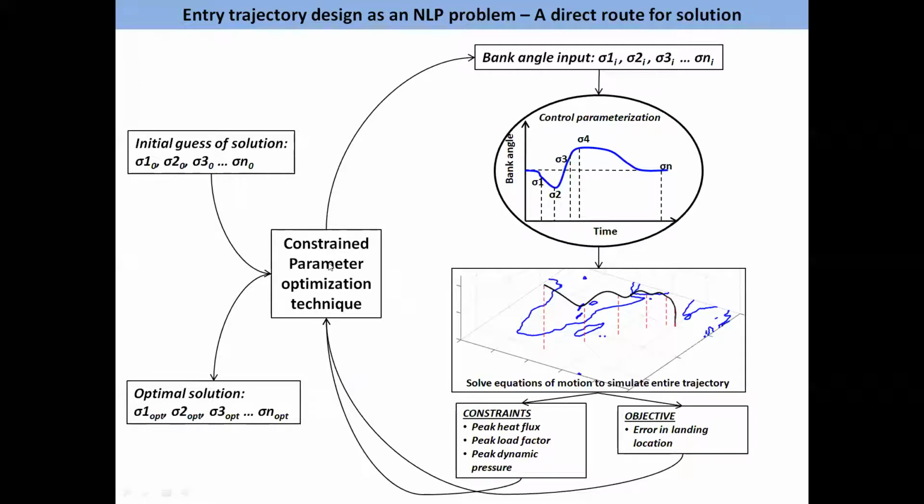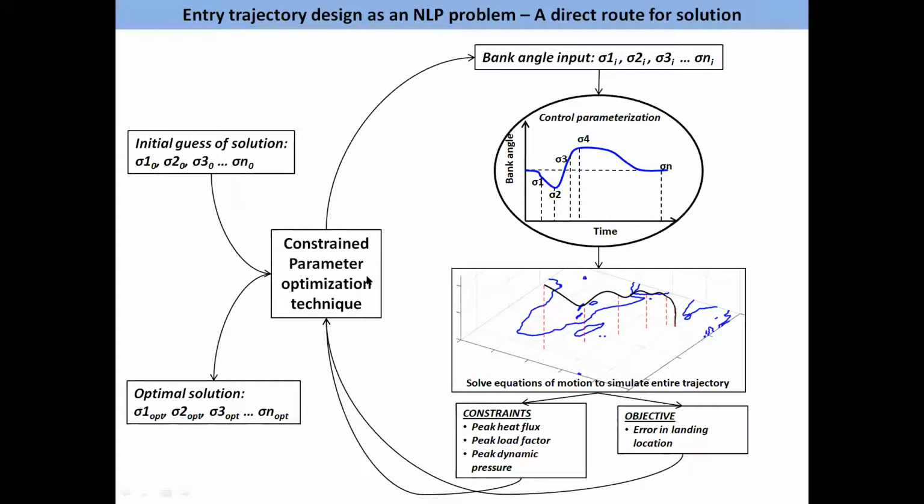So when you give it to an optimizer, what happens is that you give the optimizer an initial guess of the solution. If it is a gradient-based optimizer, if it's a global optimizer, you don't need to give the initial guess. It will automatically choose an initial guess. Now you give this initial guess of the solution to the optimizer. The optimizer feeds in this initial guess, simulates the trajectory, gets these constraints and the objective function value, and based on the value it gets, and by perturbing the initial guess slightly, it does some computation based on which it